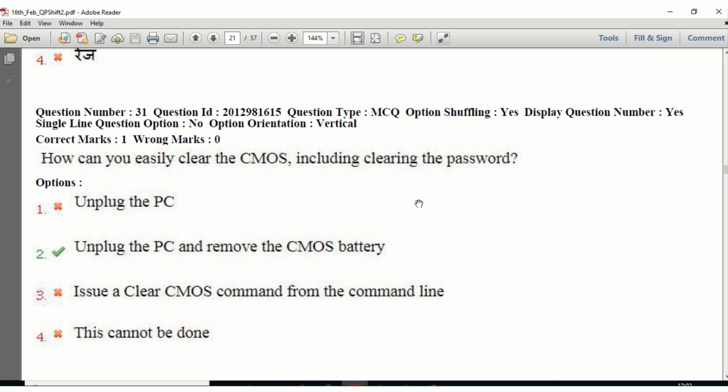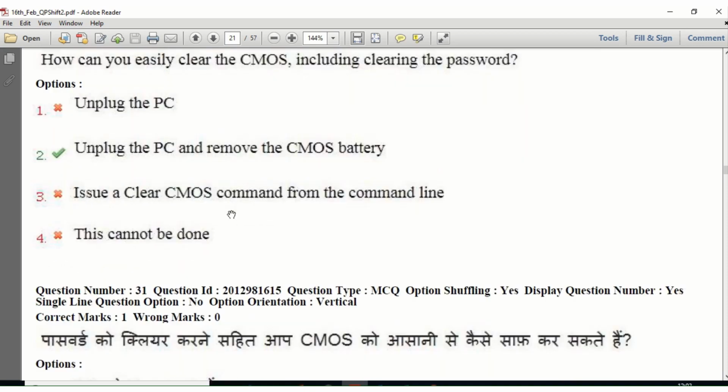Sometimes if we forget the password and want to clear it, we have to clear the CMOS. For that, unplug the PC, open the CPU and remove the CMOS battery for some seconds, like 10 to 20 seconds. Then we attach the battery once again. It will clear the CMOS and it will also clear the password.